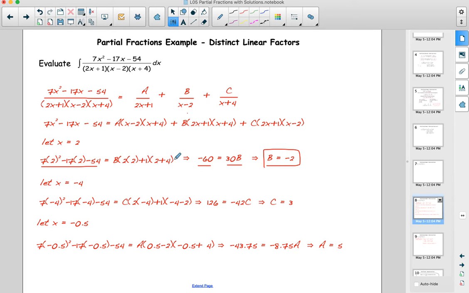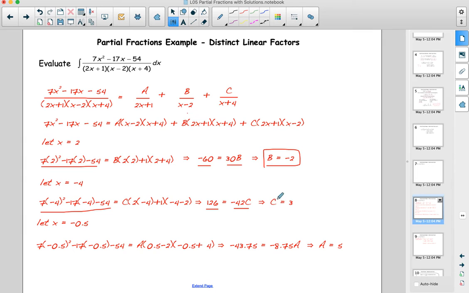So we found our B now. I'm then going to plug in an x of negative 4, because that will eliminate the A bit, and it will also eliminate the B bit, and I'll just be left with the C. So plugging in negative 4, 7 times negative 4, all squared, minus 17 times negative 4, minus 54. The C will stay, so we're going to get C, times (2 times negative 4 plus 1), and then times (negative 4 minus 2). All of this becomes 126. And this is going to become negative 7 times negative 6, which is negative 42. So we now have